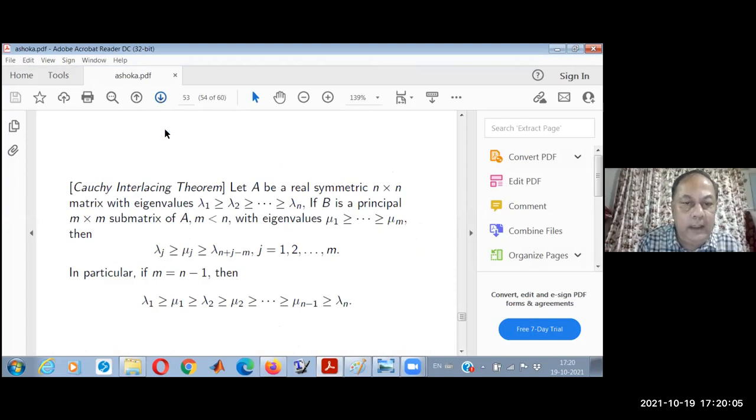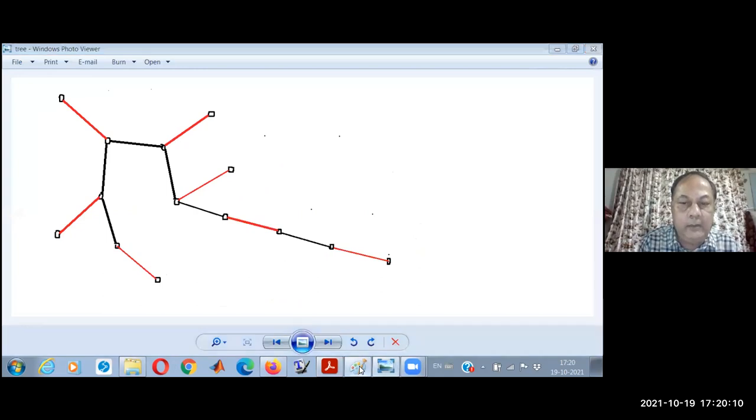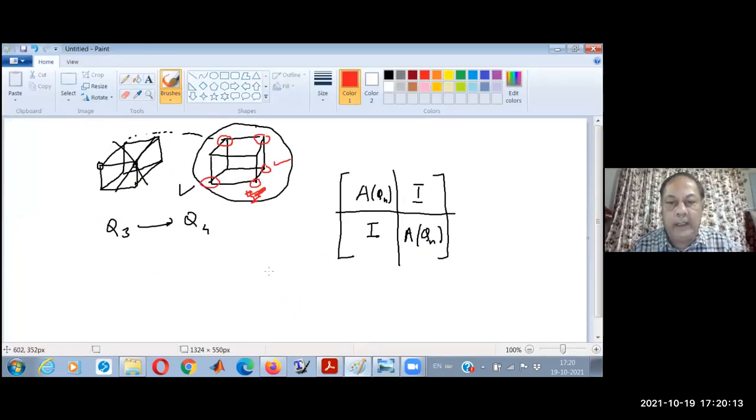And the second idea that he used: if you go back to this adjacency matrix which I showed, the adjacency matrix of a cube, the eigenvalues are well determined. It's a regular graph with degree n. So n is one eigenvalue, the eigenvalues are symmetric because it's bipartite, and those in between are also integers. But as you can see, it's quite well spread out. It's not in a narrow band, and that is the difficulty.